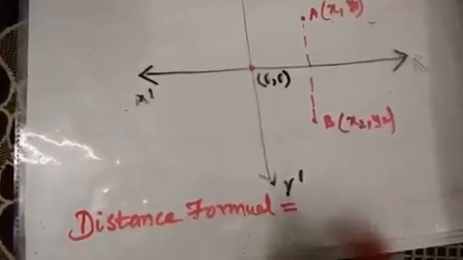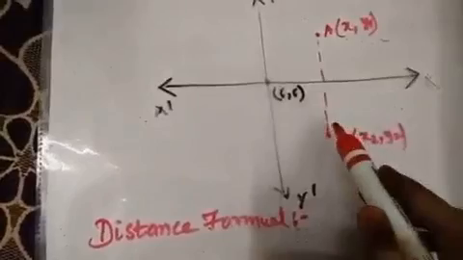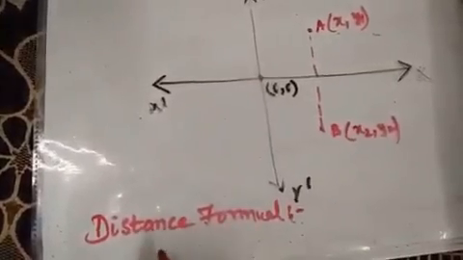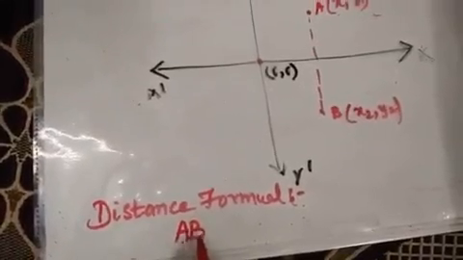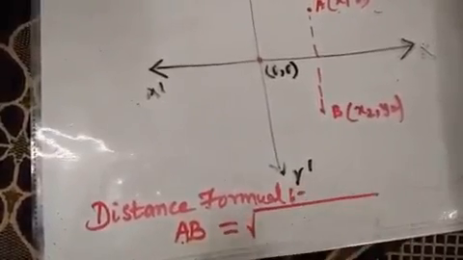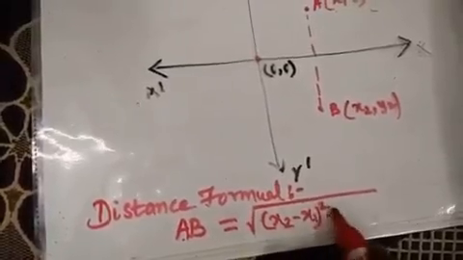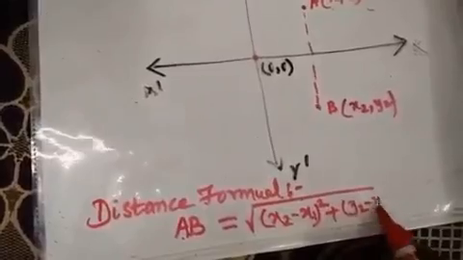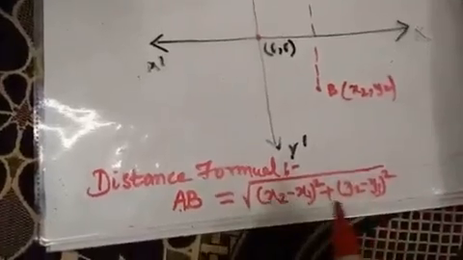How to write this distance formula? Simply it will be a side heading for you. The distance between A and B is written as AB. How do we write? AB. AB means from A to B is equal to the square root of x2 minus x1 whole square plus y2 minus y1 whole square. Done? This is the formula given in your reader.